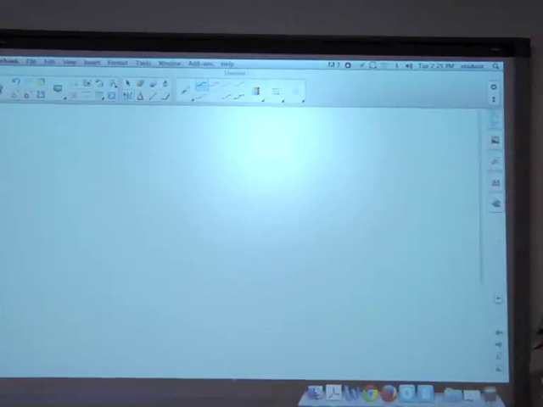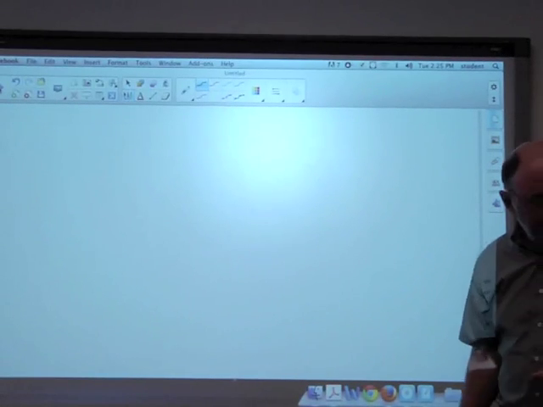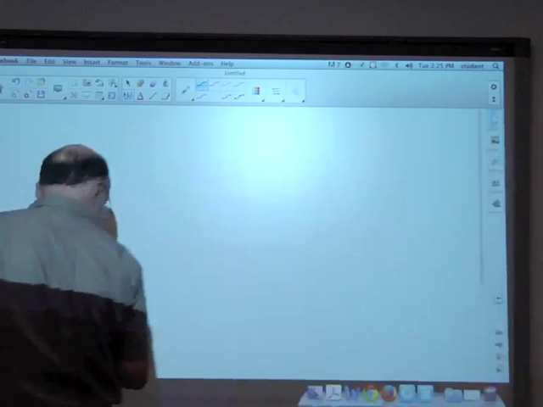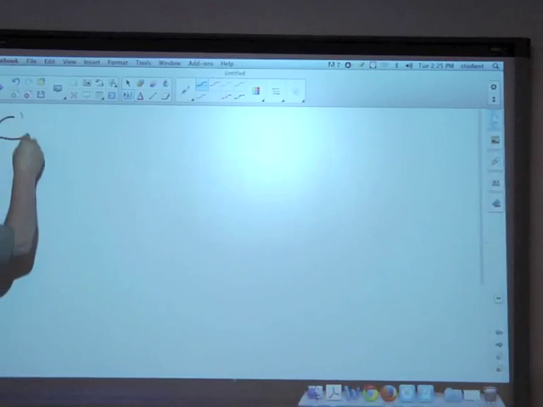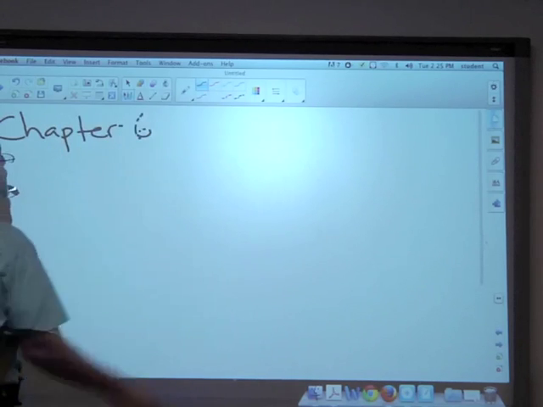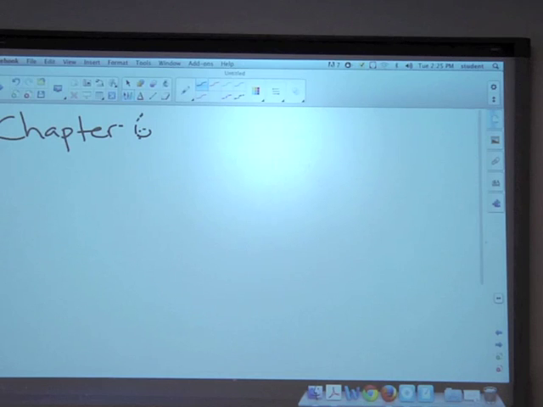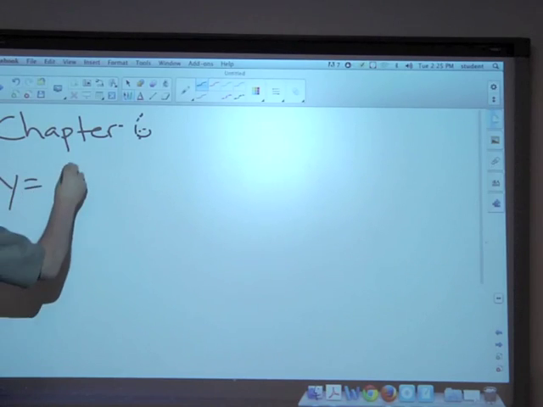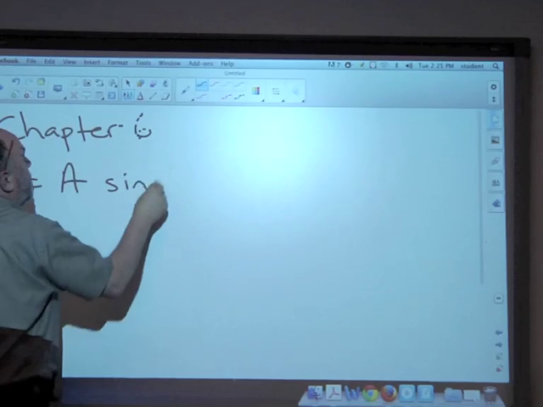For today, on to chapter 6. So for today we have graphing the trig functions and then solving the trig functions. First off, the two basic trig functions being sine and cosine,